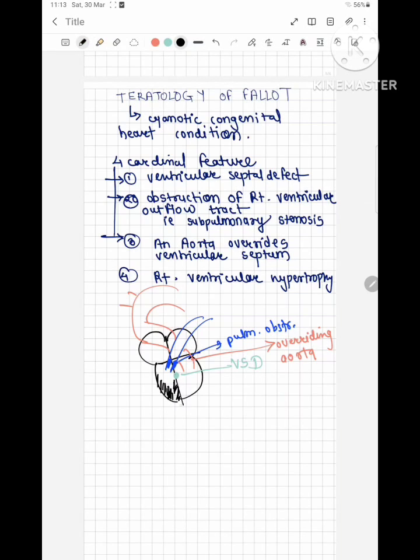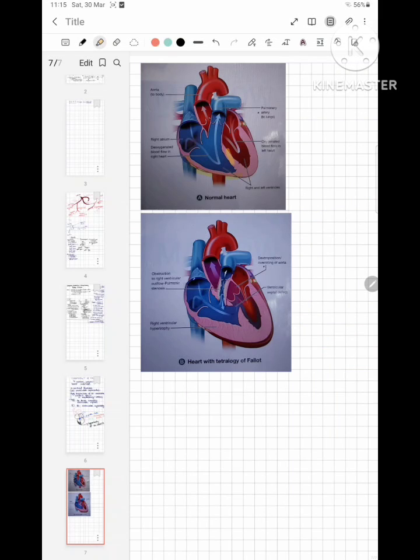What does it mean by hypertrophy? The muscles get enlarged. So in some diagrams we can see there is hypertrophy of muscles. Then there is a pulmonary obstruction. Here we can see, while in normal there is no ventricular defect, but here we can see the ventricular defect and overriding